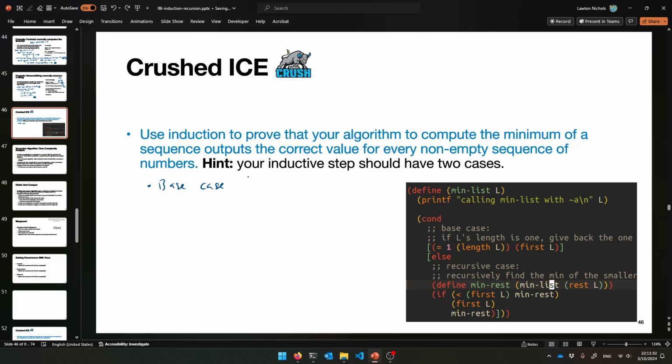Okay, so the base case, again, if we're doing induction on the length of the list, we have to consider what the length of the list is in our base case. That means it's 1, right? If the length of the list is 1, we're in our base case, and we have just one element in our list. And what we do is we give back the one and only element, because by definition, the minimum of a one element list is just that one element. Nothing there. It is the one and only thing, so it is the smallest thing. Okay? And then in the inductive step,